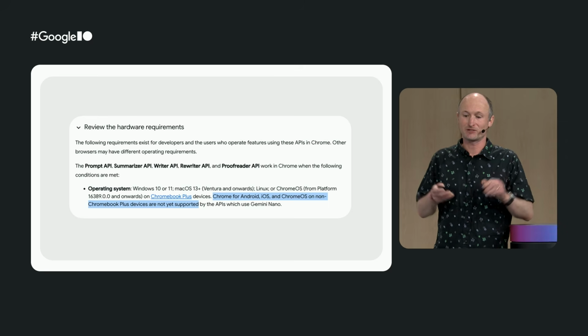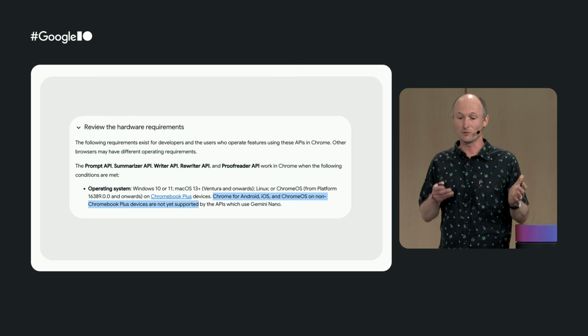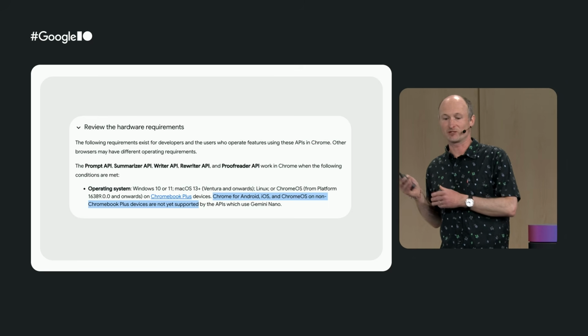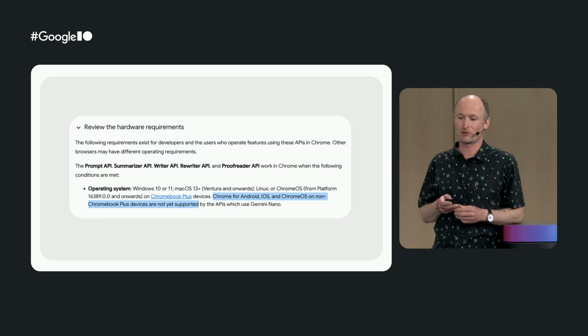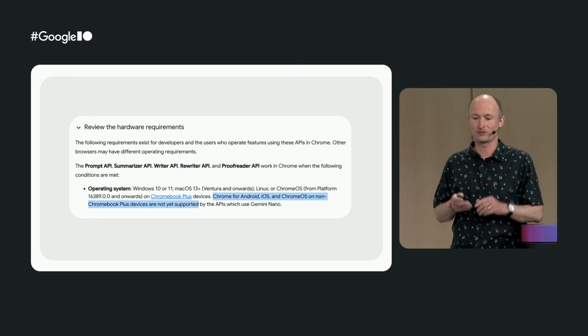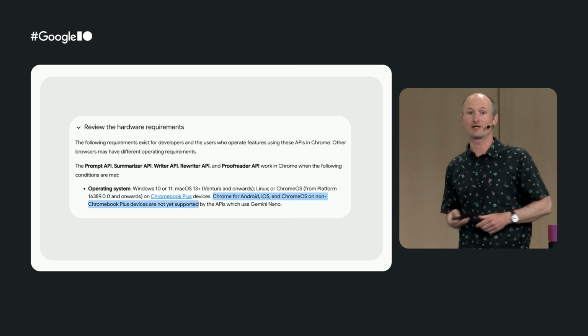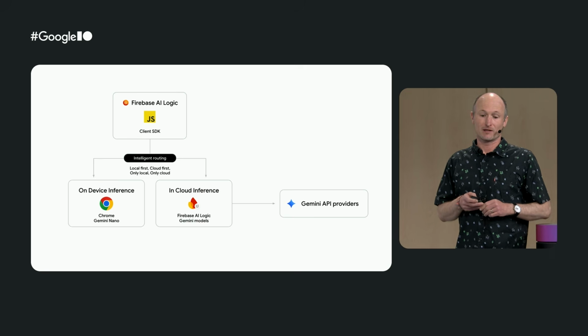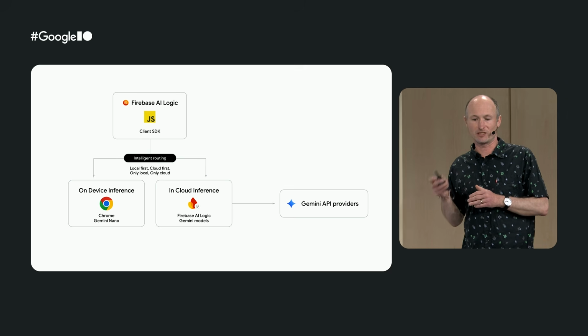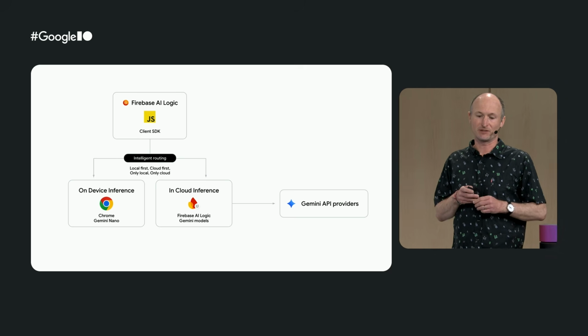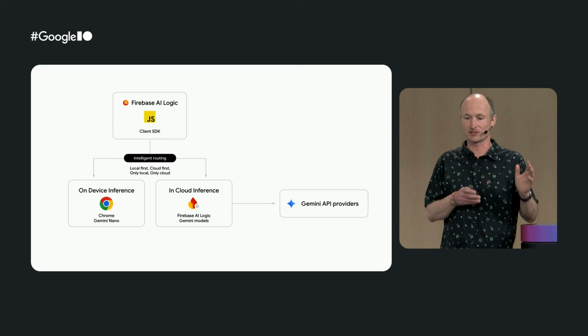Now, if you actually tried using the built-in APIs on mobile, like the example I just mentioned in my story, you would say, wait a minute, these APIs are only supported on desktop. And this is absolutely true for the moment, and we say so in our docs. We need a way to run this on a server if the built-in APIs are not available. We call this hybrid inference, and this is where Julia's skills came in again.